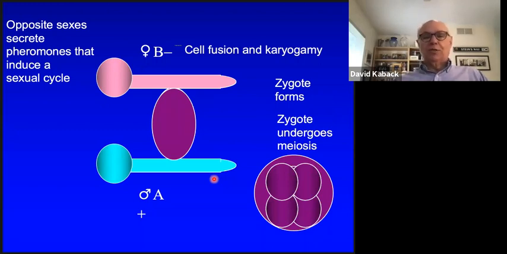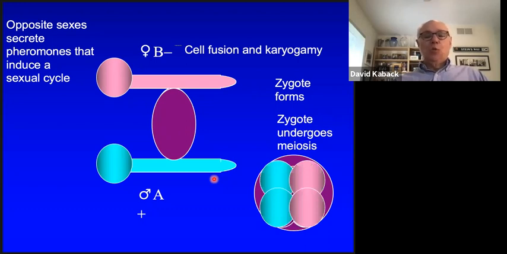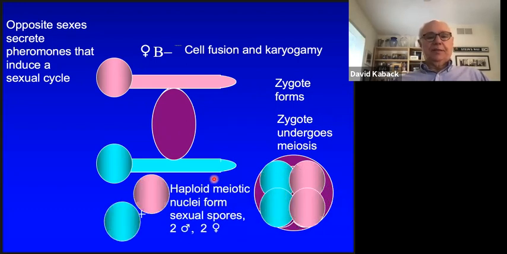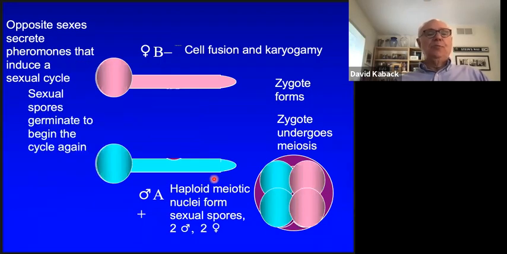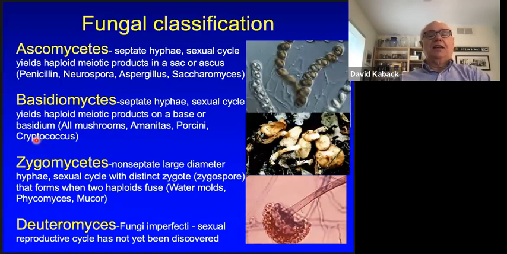These are sexual spores, and 2 of them are going to be one mating type and the other going to be the other mating type. And they're going to be released from this structure, okay, and resume that process all over again. The sexual spores are going to germinate and begin that cycle again. So this process of sexual differentiation and meiosis to produce more fungi has enabled us to classify the different phyla as either Ascomycetes, Basidiomycetes, or Zygomycetes, as I told you before.